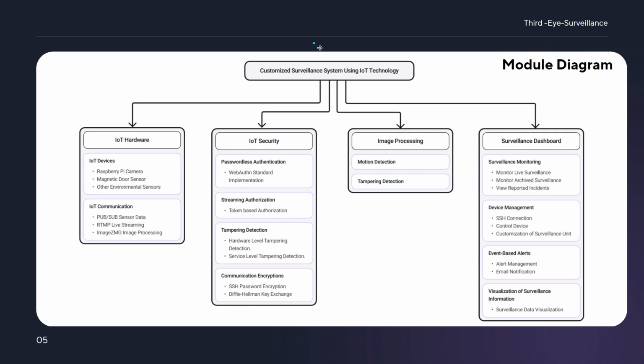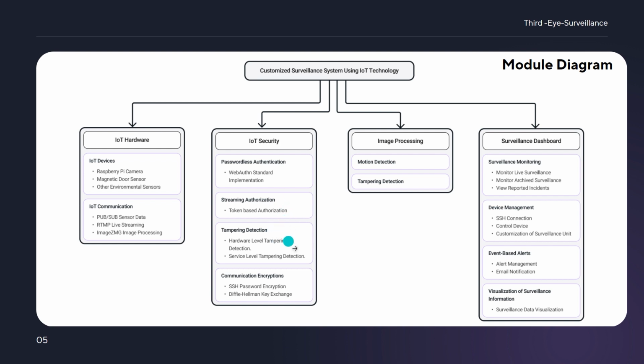There are four main modules in this system. IoT hardware involves the hardware configuration and also the configured IoT communication. The IoT security module involves security measures that are implemented to withstand cyber attacks, such as passwordless authentication, which uses a public key cryptography algorithm, streaming authorization, which provides user privacy when streaming to the streaming server,